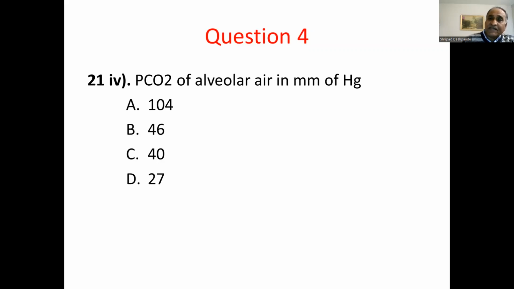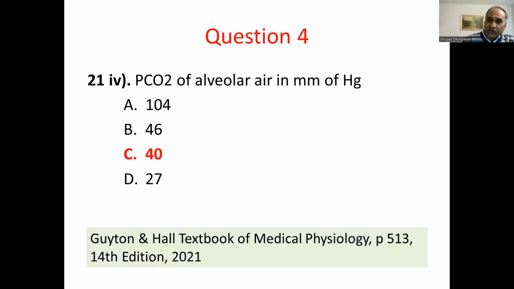46 is a venous blood PCO2. Now the venous blood comes here in the alveolar air. Whatever has been exchanged, maybe it will equilibrate with the arterial blood that is equal to 40 millimeters. Maybe in the arterial blood it gets mixed up and is a little greater than 40 millimeters of mercury. Anyway, 40 and 27 is not the answer. So the answer to this question is 40. C, 40 is the correct response. You can refer to the guidance book, page 513.